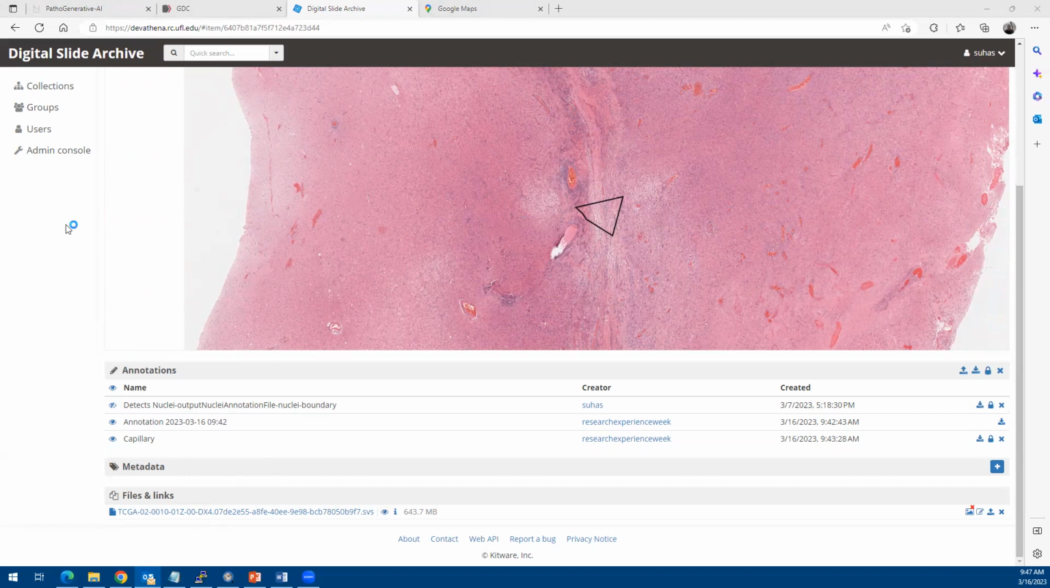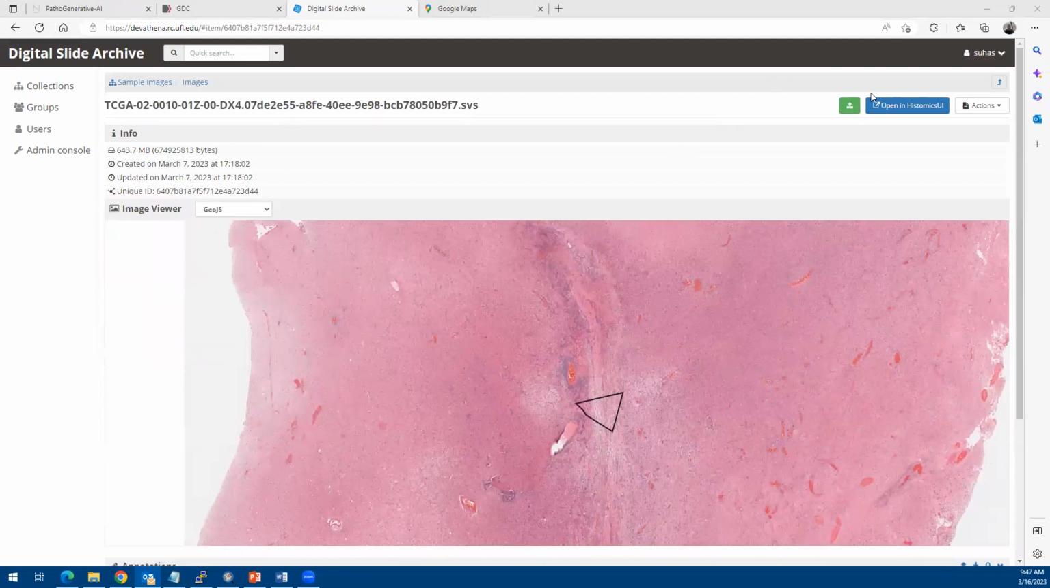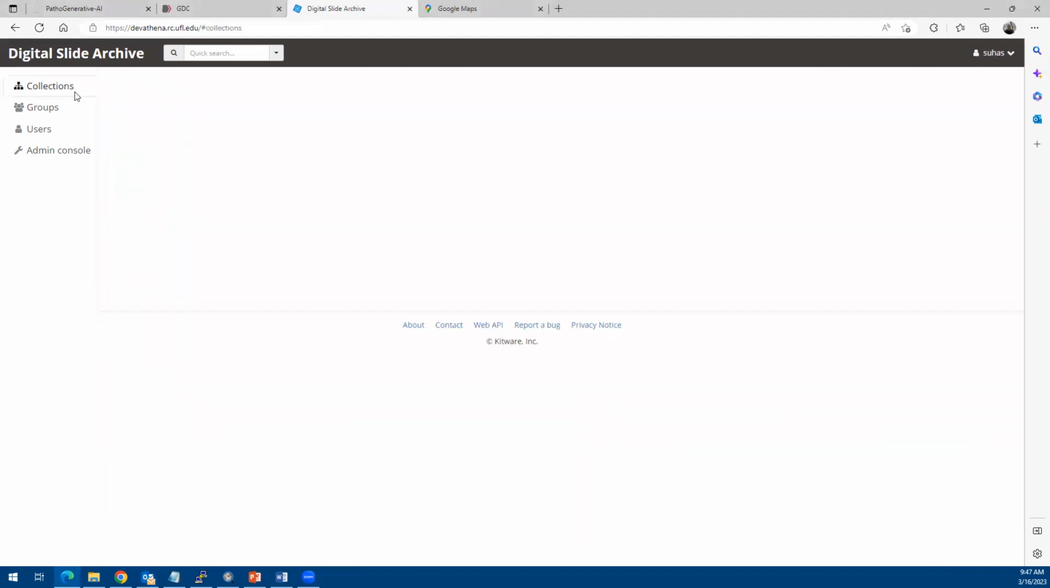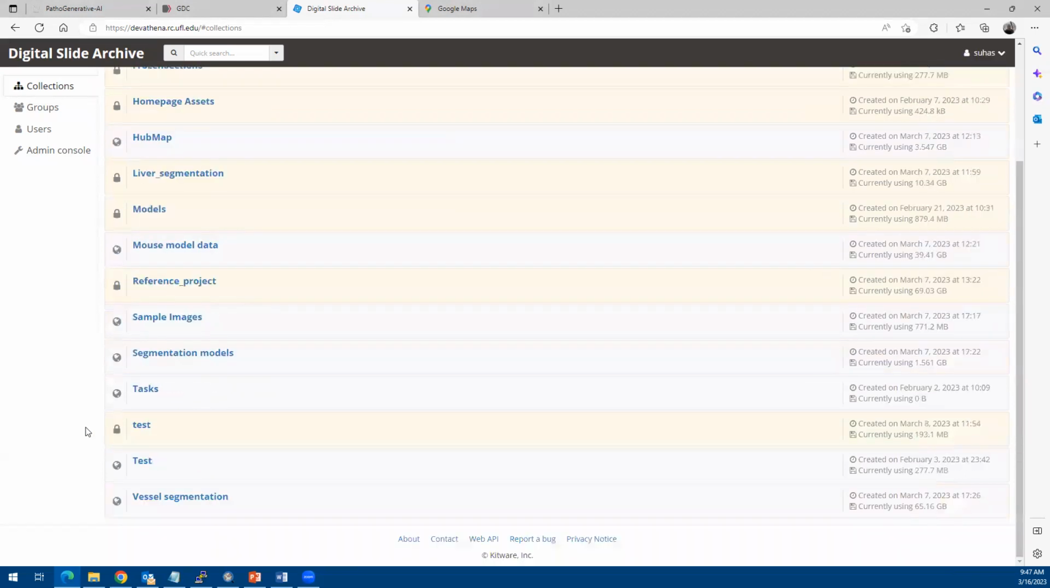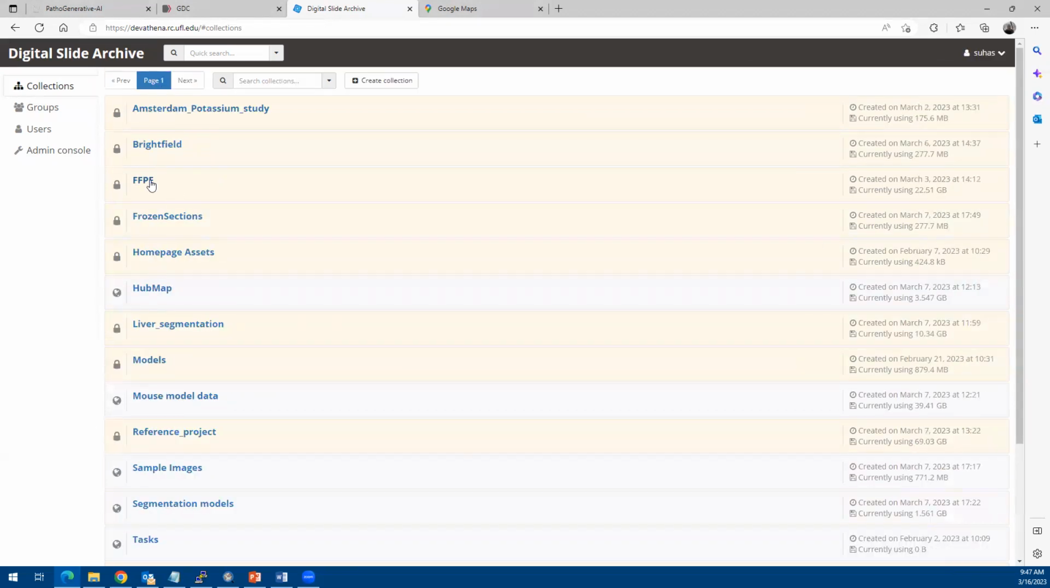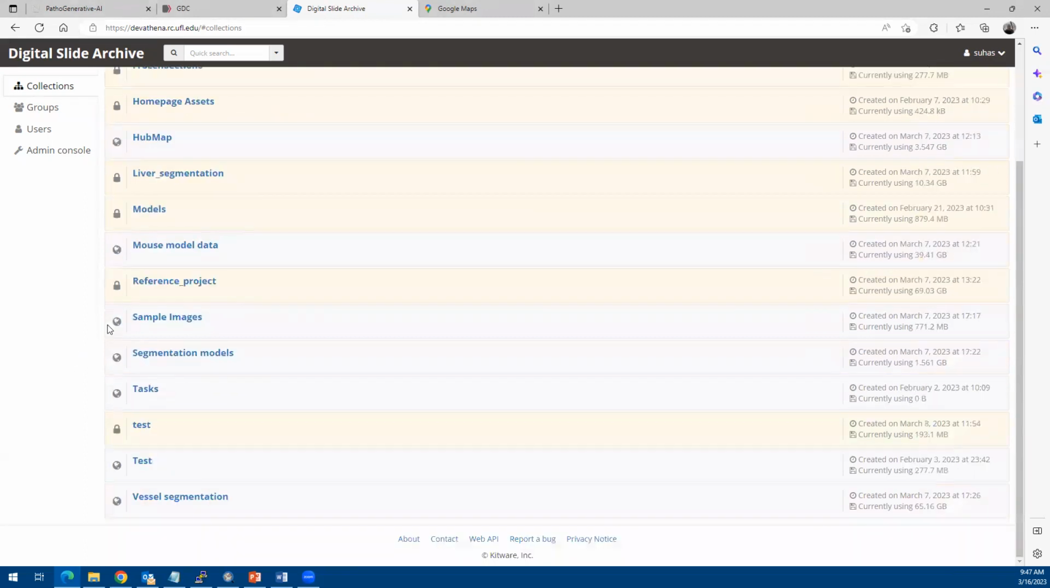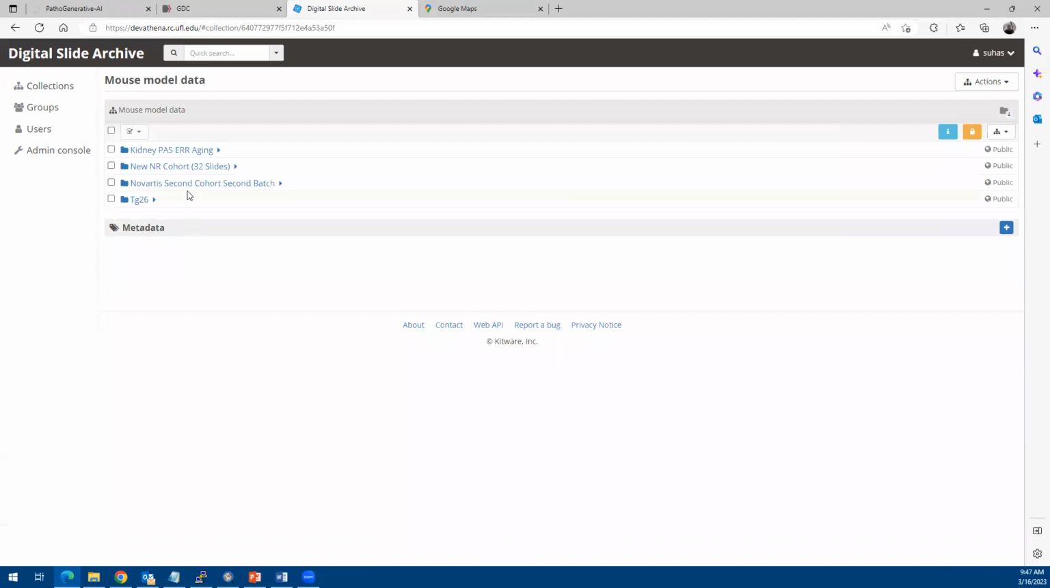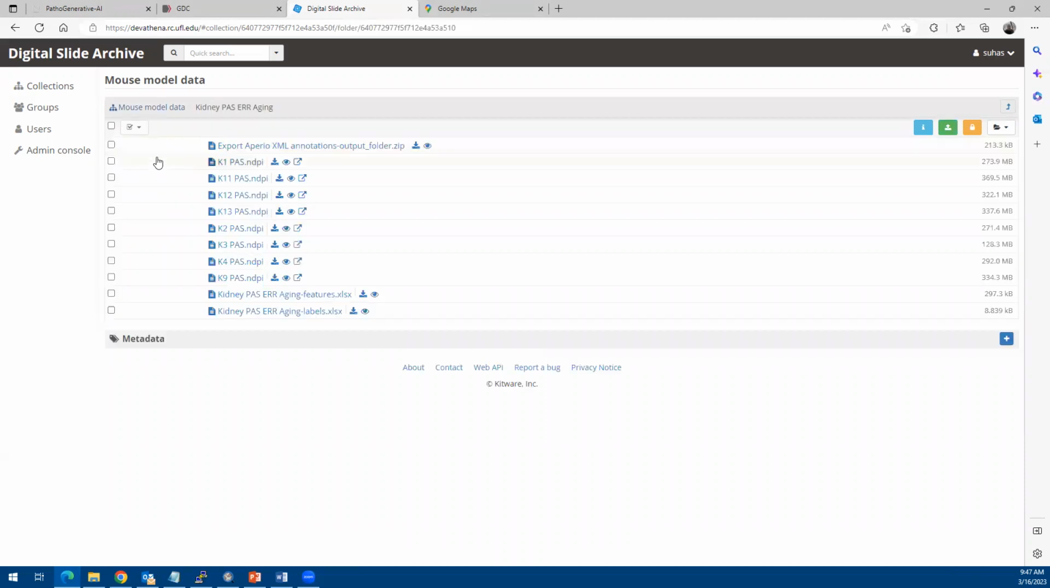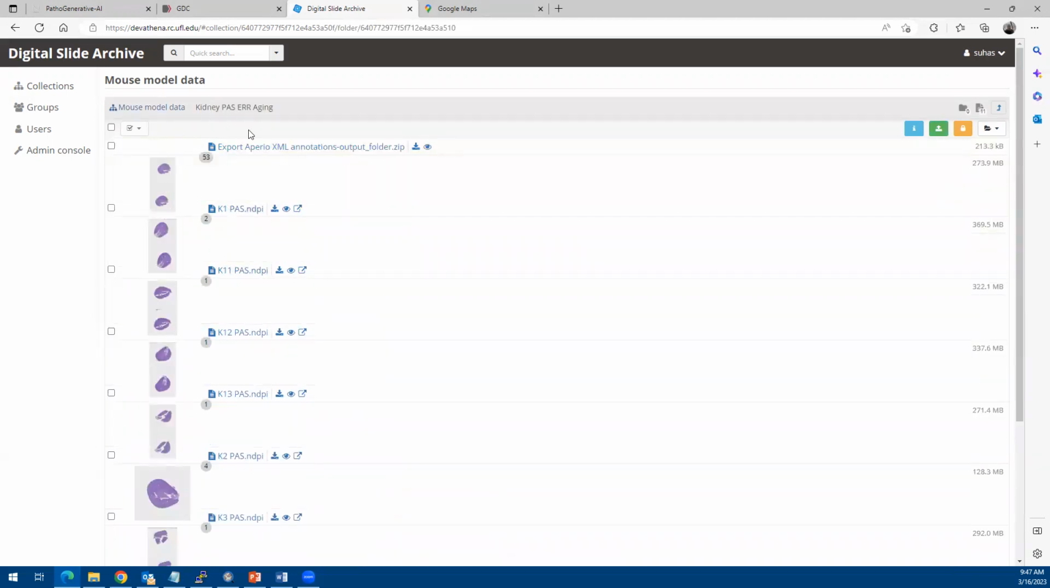I will just, using this research experience account, you can go. I gave you access to more folders here. You can go to the mouse model data, and you can go to the kidney PAS ERR aging folder. And after that, you'll be able to